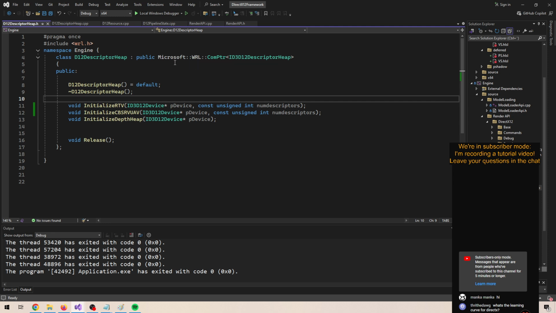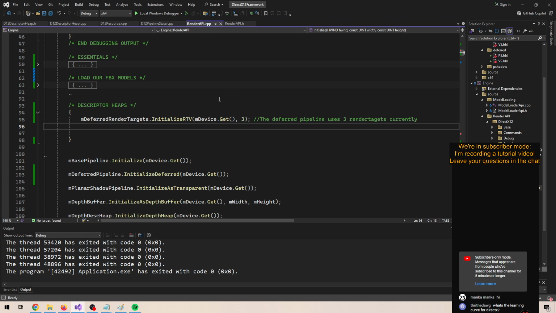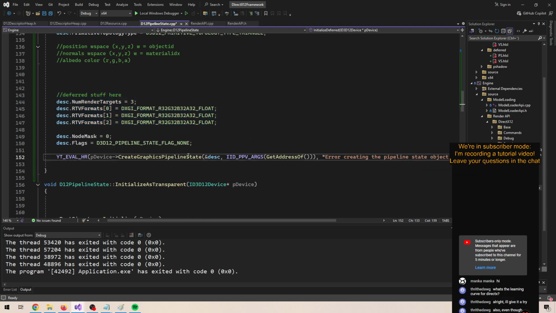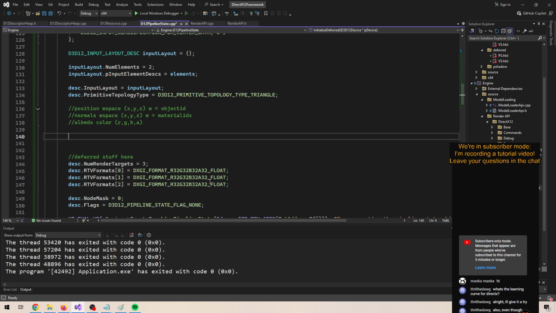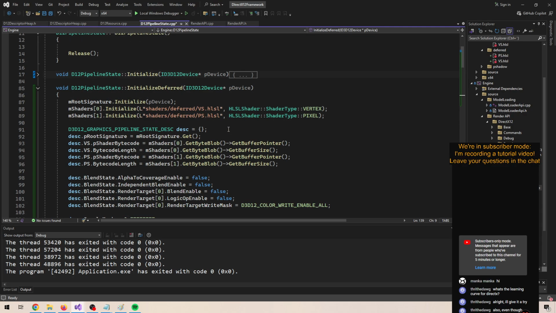A descriptor heap is, as I've probably mentioned before, a series of descriptors or descriptions of different resources, where to find them in memory, and how to interpret them by the GPU or the DirectX API. So we have created our pipeline here that uses these 3 render targets right now. We have created our pipeline, but in order to be able to do anything with it,